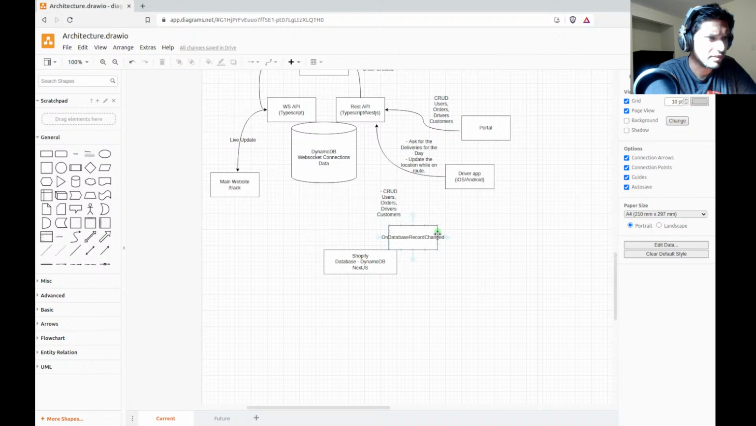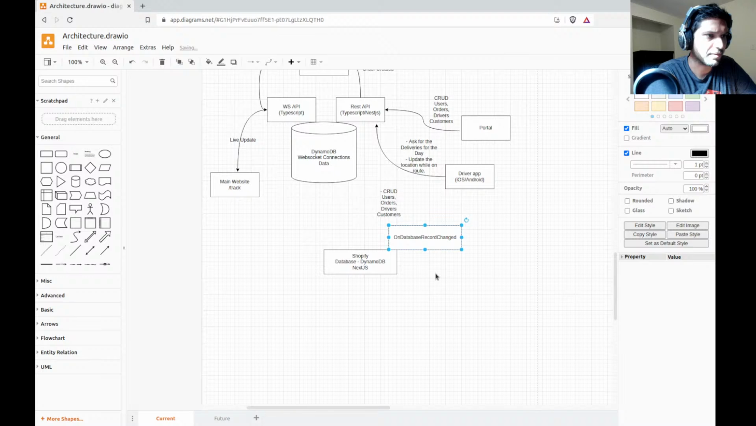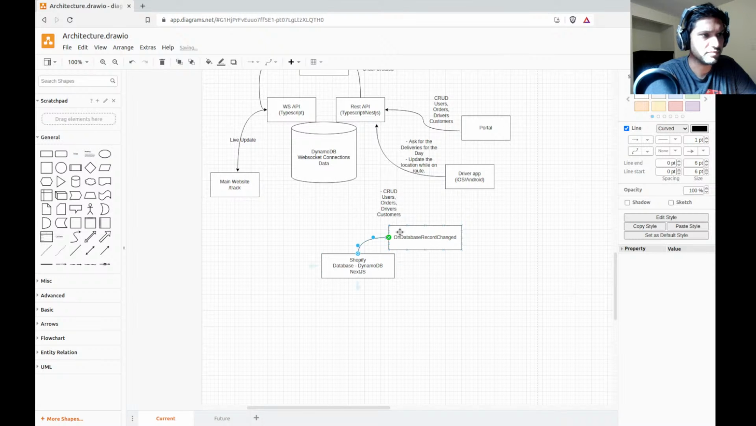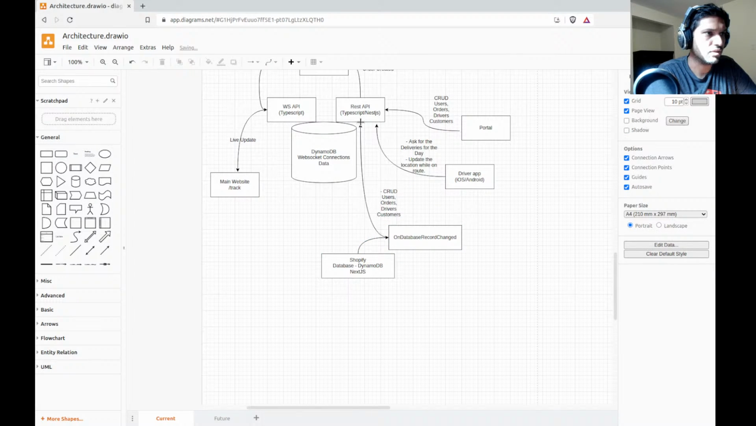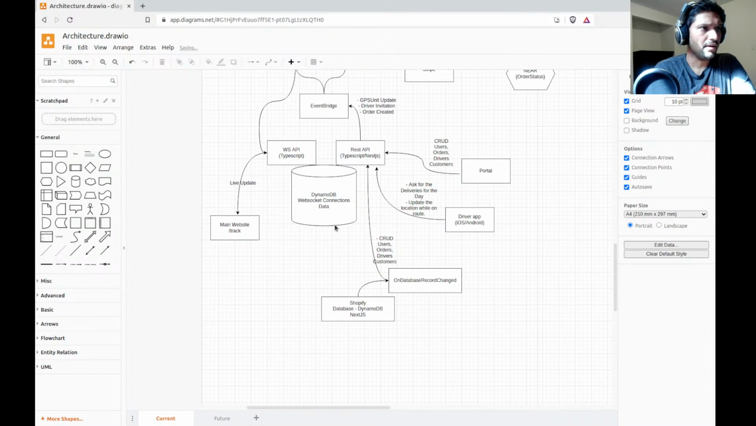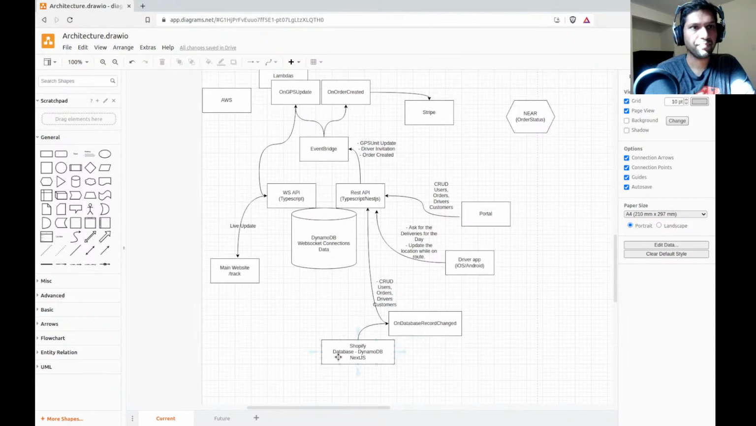So this is the Lambda that is called whenever the database record changes. This one will call the Fleet en route API and handles the CRUD. So whenever, let's say, an order is created, we add a record to the database, and obviously this is triggered. It will create the corresponding order in Fleet en route,